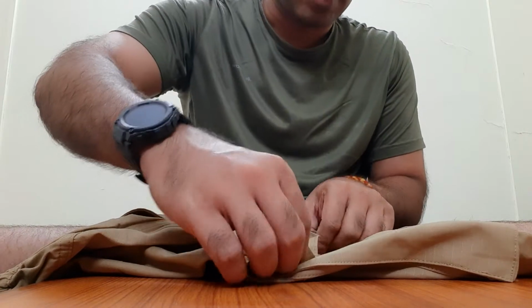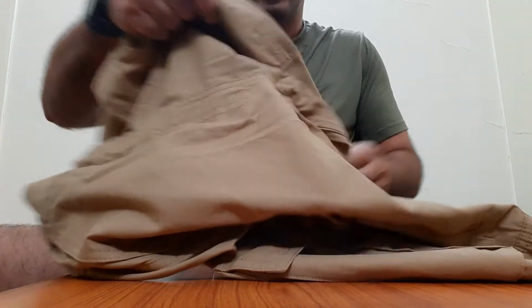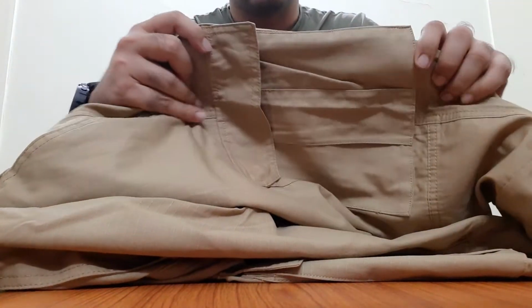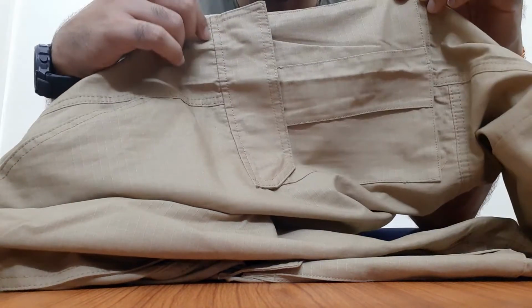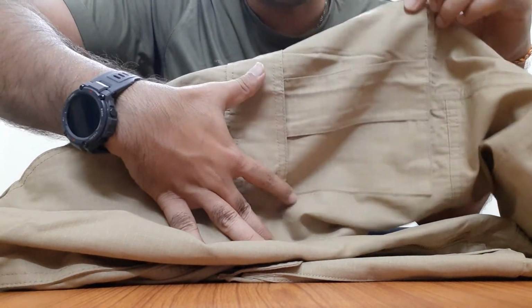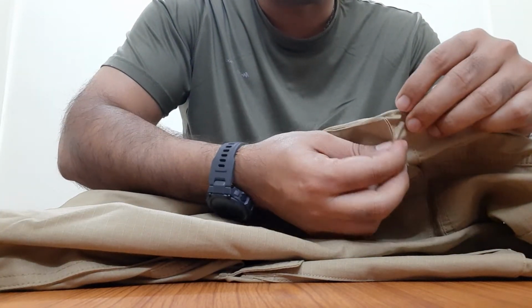But as of now, not bad. Let's see the cargo pocket on the other end. Okay, so on the other end, there is a single cargo pocket. Again, it is stitched flush with the trousers up front, and on the rear, it opens into a box, which